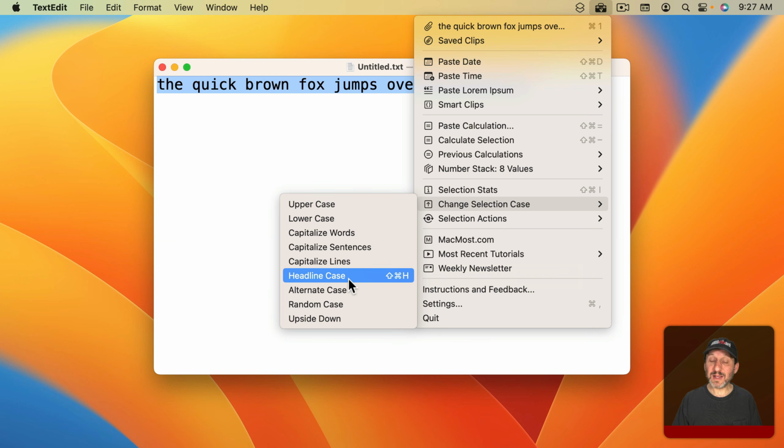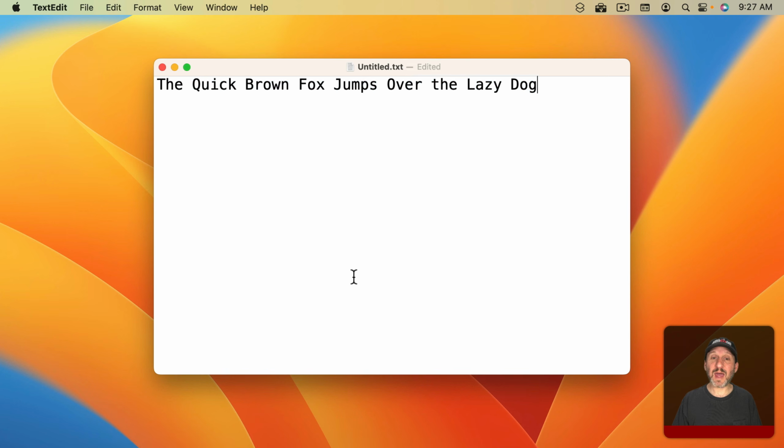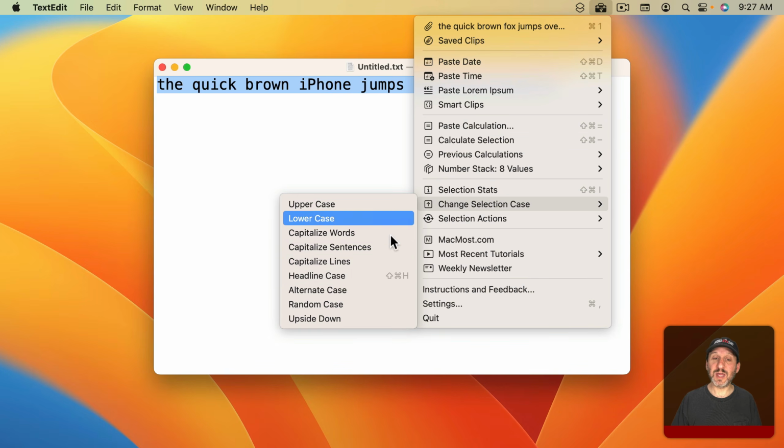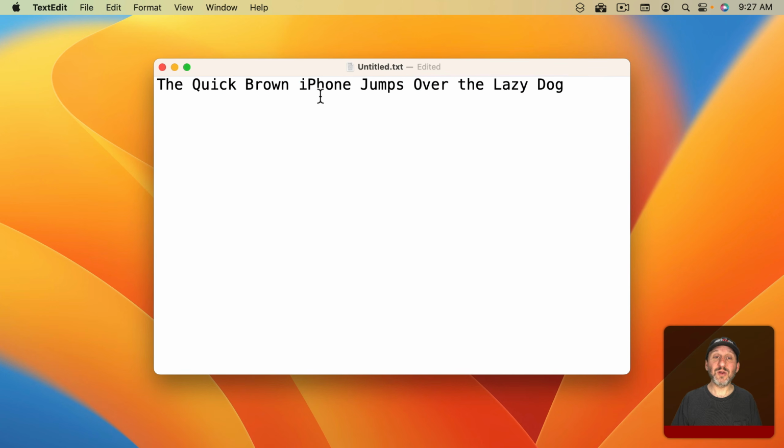So I've created headline case here, and if you use that, notice that it capitalizes everything here but didn't capitalize the word the. In addition, if I were to type a word like this where there's unusual capitalization, lowercase first letter and a capital second letter, and I were to use change selection case, headline case, notice how it doesn't